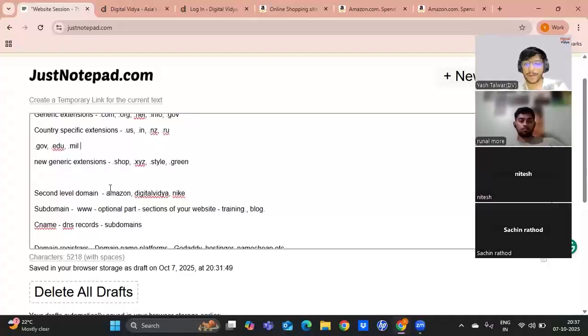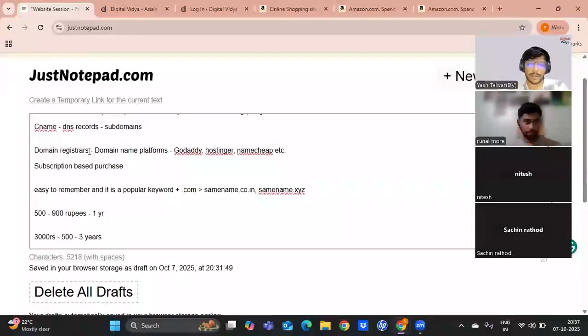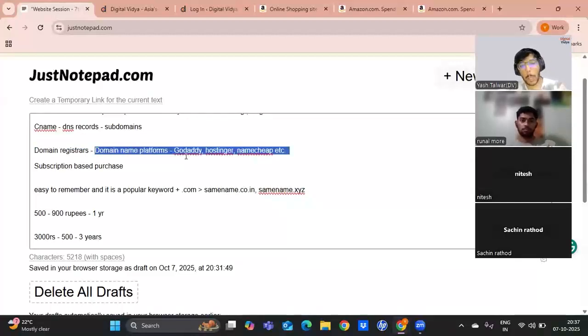And to purchase them, there are multiple platforms out there, which are known as domain registrars, right? Such as GoDaddy, Hostinger, that we'll take a look at towards the end. We'll also take a look at GoDaddy just as an example. There is Namecheap. Google also provides domains. There is a Google Domains website. You can purchase it from Google as well.